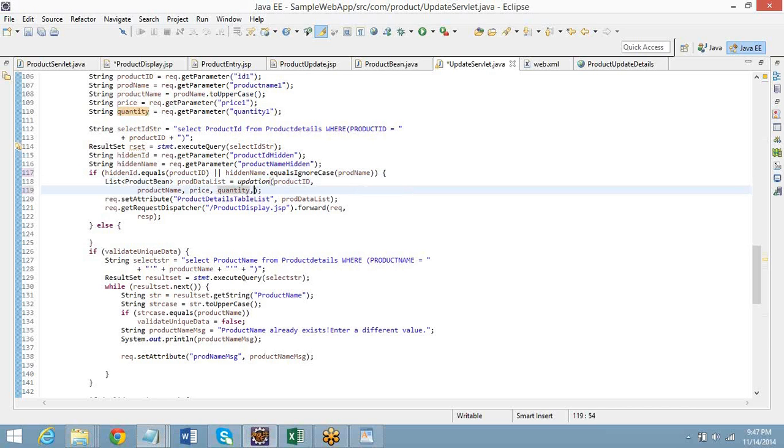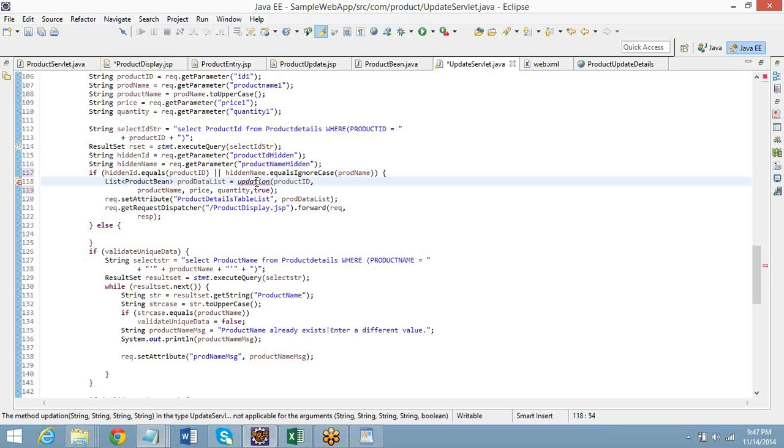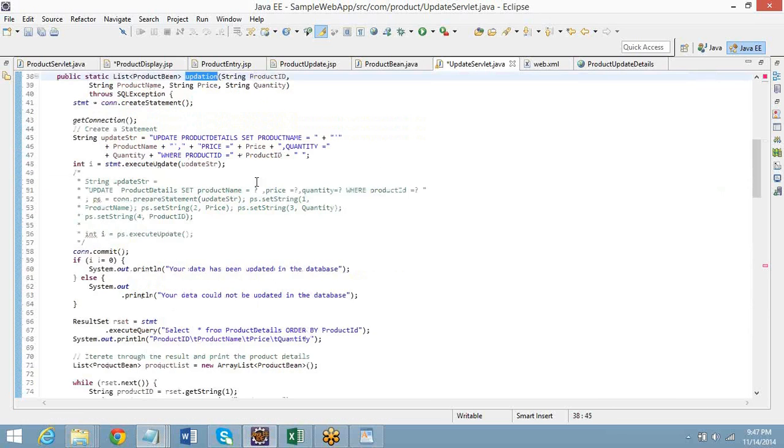Just keep it true. Go to updation again, F3. Click on F3. Yeah, after the declared quantity, something here.